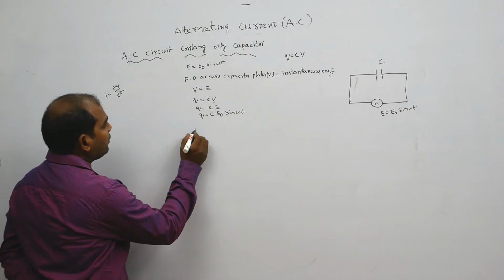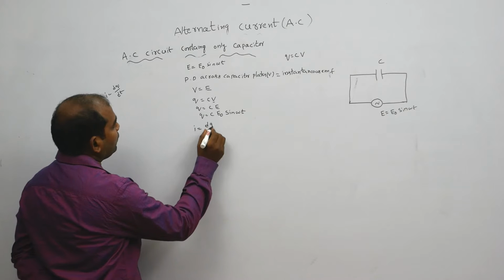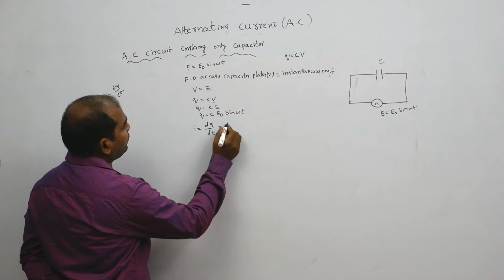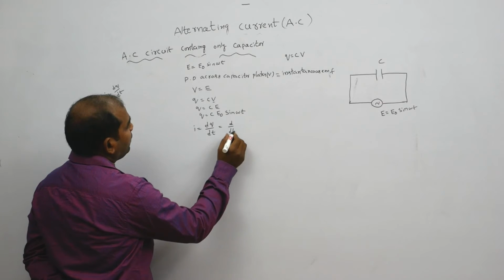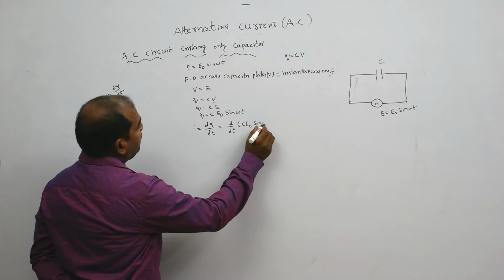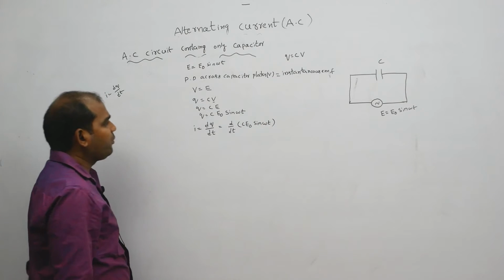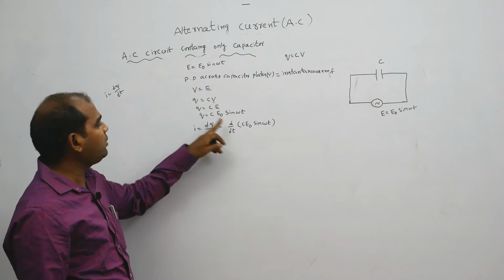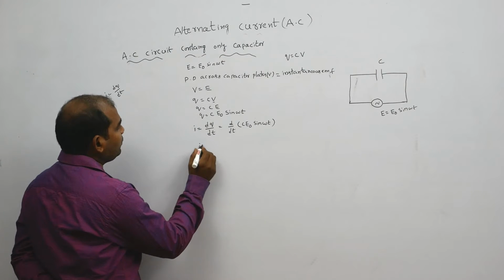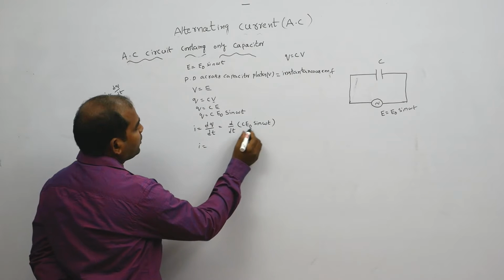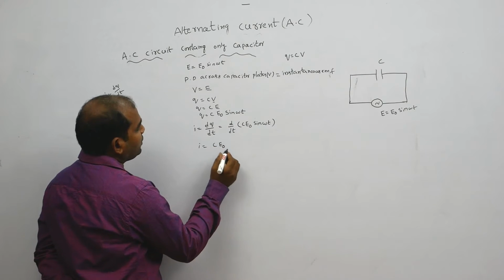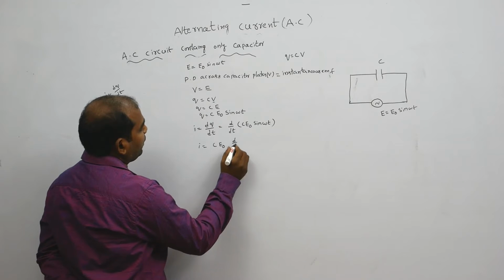I is equal to dq by dt, that is d by dt of C E naught sin omega t. C and E naught are constants, so I write C E naught outside, times d by dt of